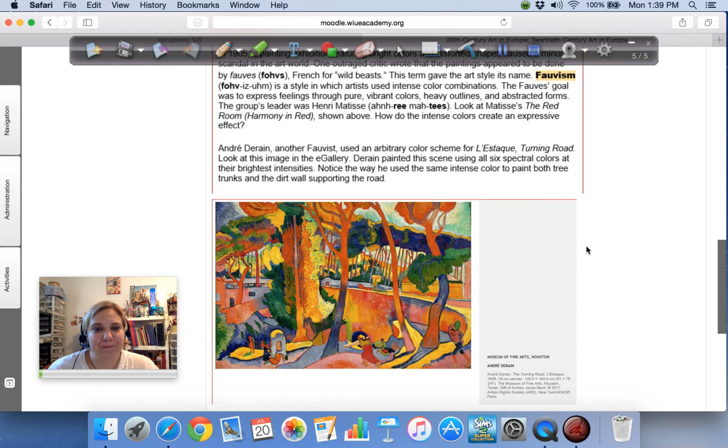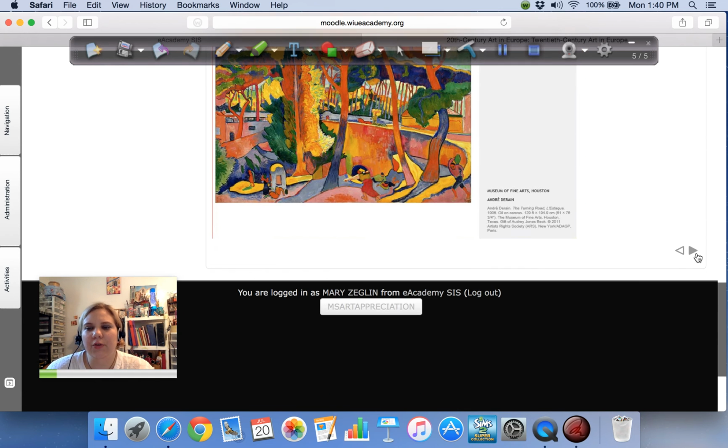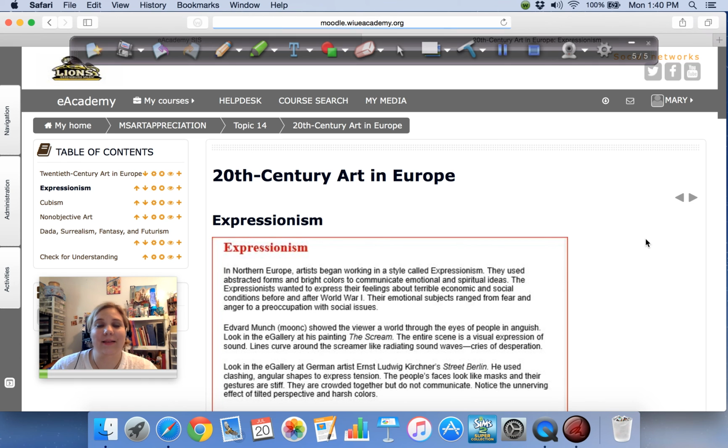They really did. Here's another work of art using all these different colors, and the colors are not just really bright, they're very intense, almost like they're used straight out of the tube. In painting and in art, when you add white to a color, you're tinting it. When you add black, you're creating a shade. These paints really look like they have just come straight out of a tube. They're not diluted, which gives it that intense look.